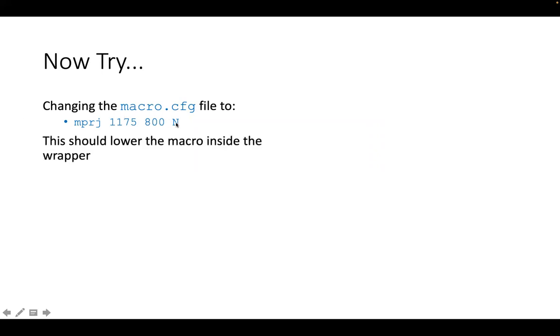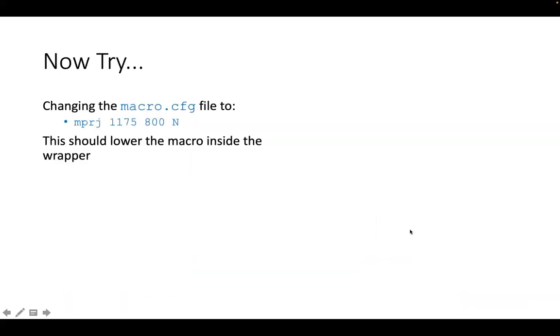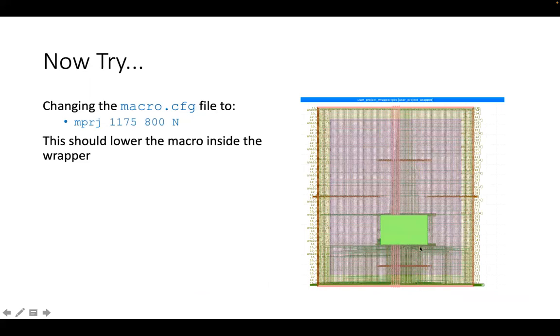Okay, right? After you are done, go ahead, recheck the file that's been plotted. So if we compare this to that, this one had the macro right in the middle. This one had the macro a little bit lowered, so it can use shorter wires to its connection, and so have a shorter delay. Okay, so this